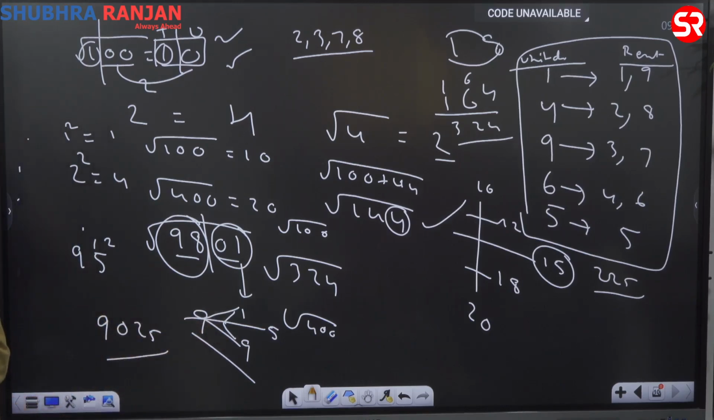How to check whether 91 or 99 is the answer? Use the nearest number or squares ending with 5. Choice is yours. Go for the nearest number or squares ending with 5. 95 square we know. n into n plus 1, 9 into 10, 90 and then 25. So 9025, 9801. 9801 is more than 9025. So the answer is